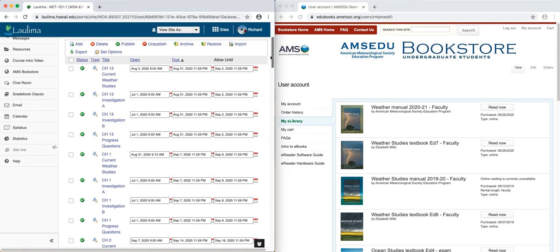You'll see that we start with Chapter 13. There are 15 chapters in the 7th edition of the Weather Studies textbook that you will be using, and 3 of those chapters, 13, 14, and 15, are what we call static. They are not dynamic like chapters 1 through 12. Chapters 13, 14, and 15 are designed to be used at any time during the 15 weeks of the course,